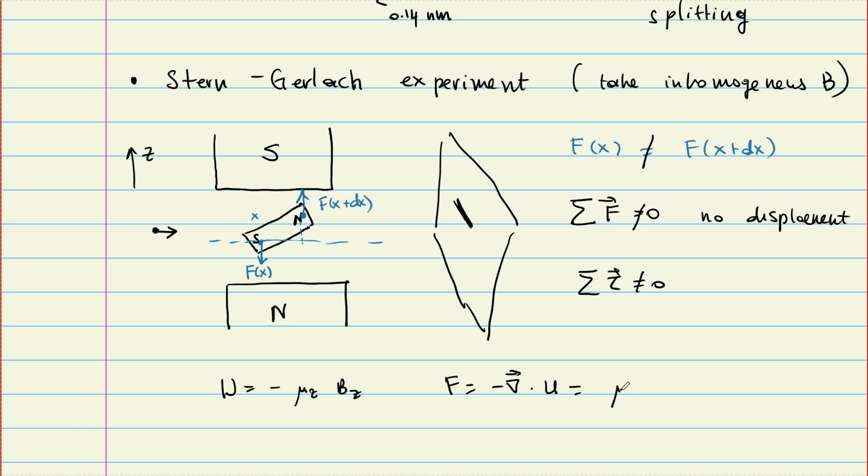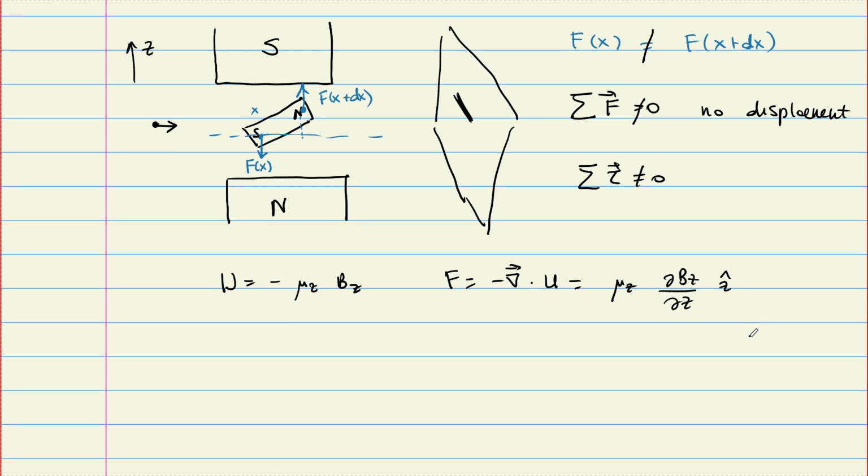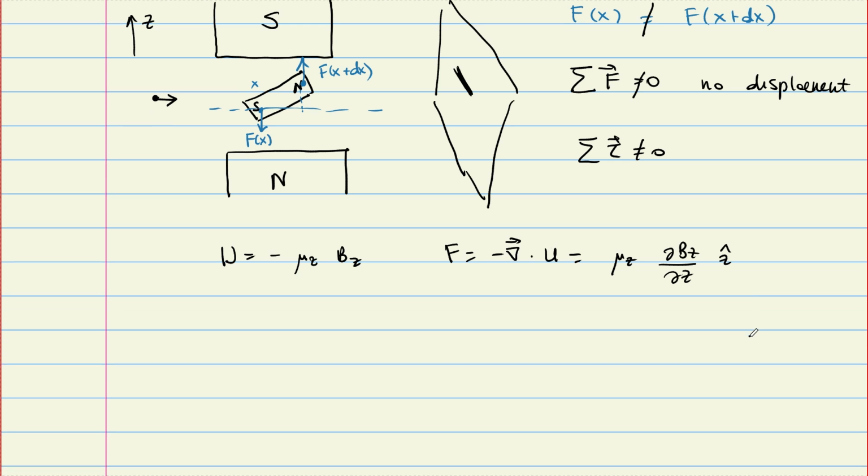So this is going to be mu z del Bz del z along the z direction. But my mu z is equal to minus e over 2m Lz. If I plug this in, I'm going to see F is equal to minus e over